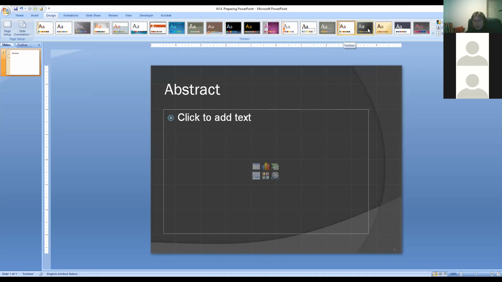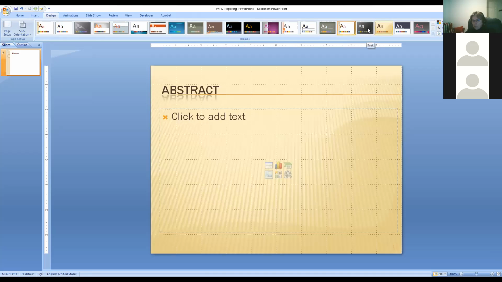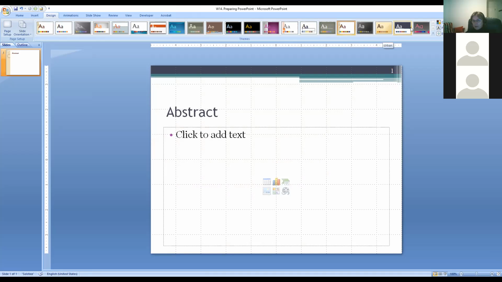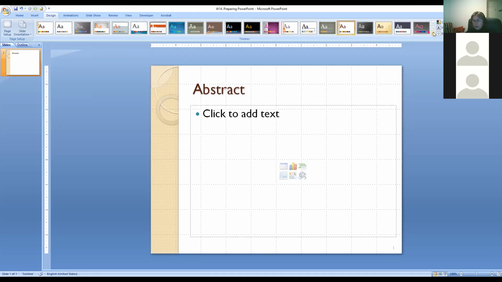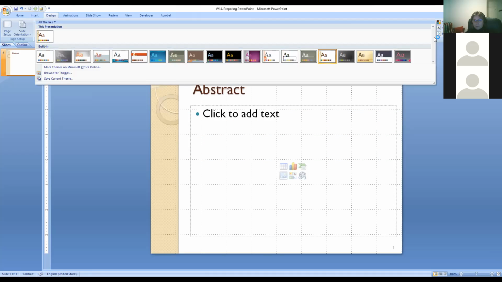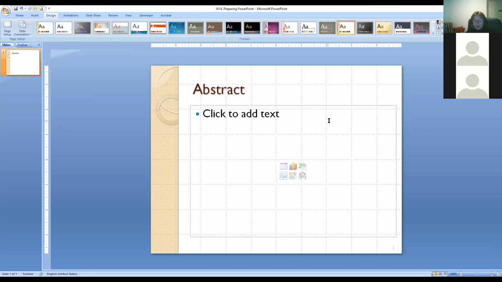Okay, another black one. So you can just move your mouse and you're going to get a bunch of different versions. Now, of course, you can go down in case you have more. I actually don't. Which one shall we use to play with? Let's say we will use, oh no, I'll use this one.